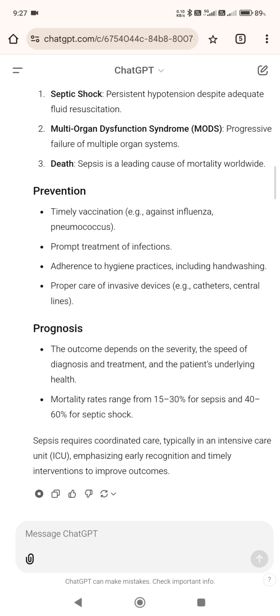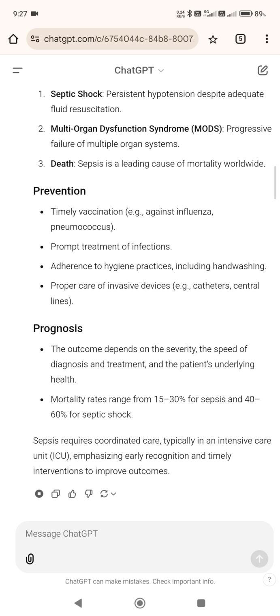Prevention. Timely vaccination, e.g. against influenza, pneumococcus. Prompt treatment of infections. Adherence to hygiene practices, including hand washing. Proper care of invasive devices, e.g. catheters, central lines. Prognosis. The outcome depends on the severity, the speed of diagnosis and treatment, and the patient's underlying